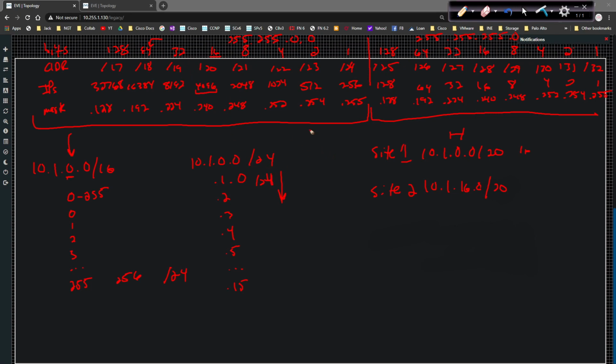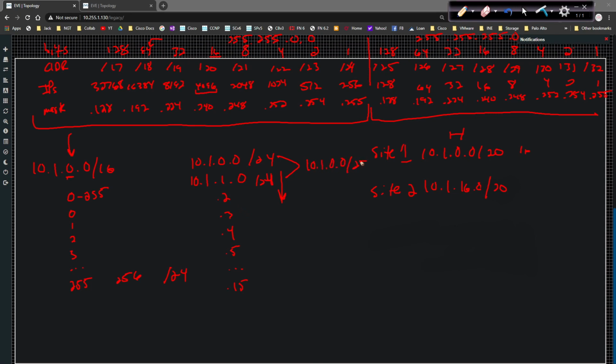Now, the way that I also want to help you guys understand this is when you're taking a look at this, if you want to take a couple of slash 24s and you want to summarize them, come up with a large address block, in order to take multiple individual subnets and advertise them as a single advertisement instead of advertising 10.1.1.0 and 10.1.0.0 slash 24,